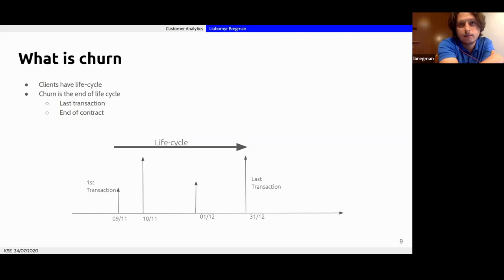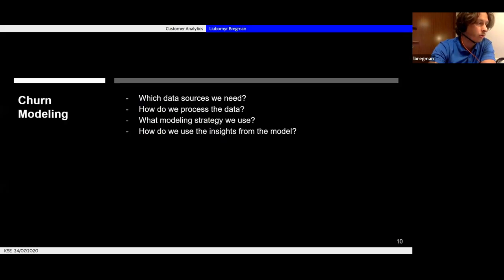Then there are problems, because you need to wait these 6 months in order to realize that your customer actually churned. Because if his last transaction was 1 month ago, you don't know whether it was the last transaction or he's still going to come back. You don't understand how to treat them. In statistics, this is a problem of transactional data. There is a definition called data censorship, or right censoring of data, when we are basically censored by the current reality and we don't know what's going to happen next.